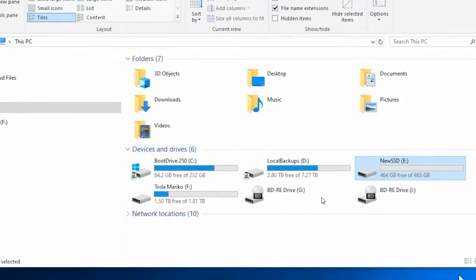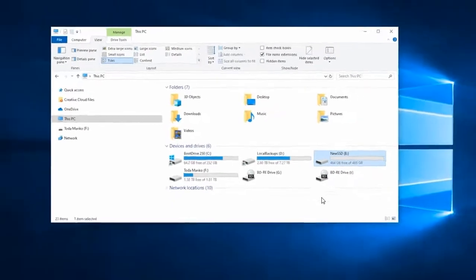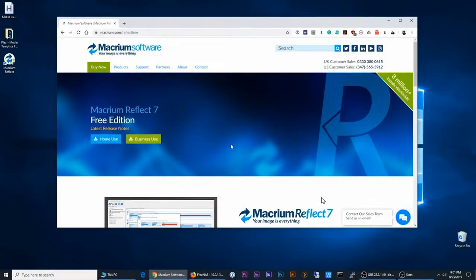There are a lot of different software packages you can use to do this, but for me, the most important thing was I wanted something that not only would do the job, but was free, because this is not something I plan to do a lot. I don't think I'll even need to use this program anytime again real soon. So I didn't want to pay $30, $40 for something I would just use once. So what I found was a program called Macrium Reflect. And they do have a free version, which is